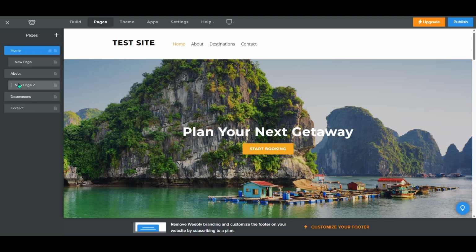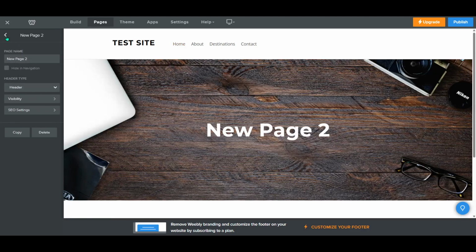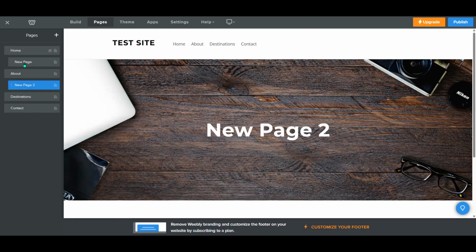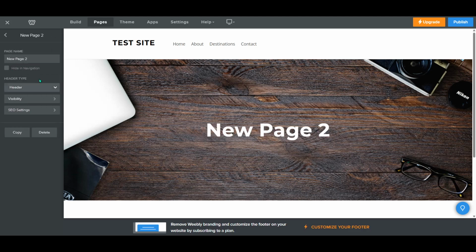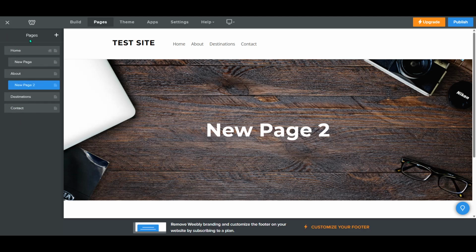Now, after clicking on Pages, direct your attention to the left sidebar. Here, you'll find a list of all the pages currently on your site, whether it's your home page, about page, blog page, or any additional pages you've created. This list allows you to view and edit the structure of your website easily. Scroll through this list and find the page that you want to delete. It's essential to be certain about this, as deleting a page means all its content will no longer be visible